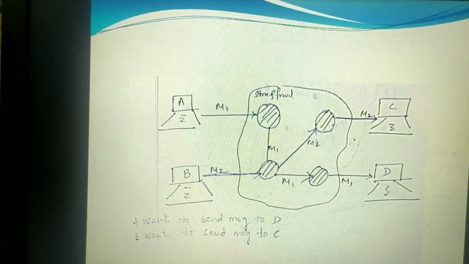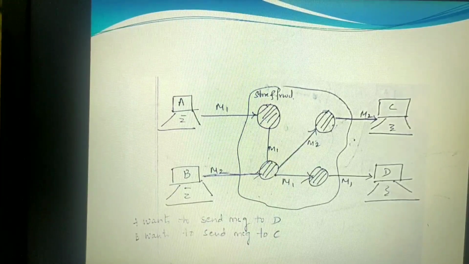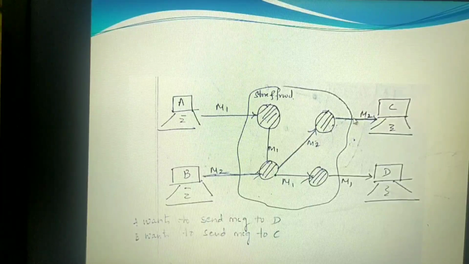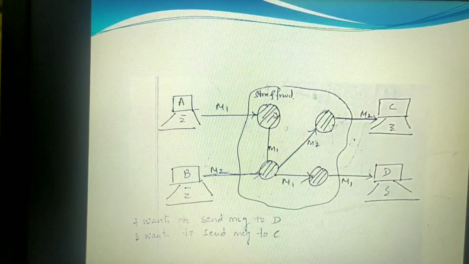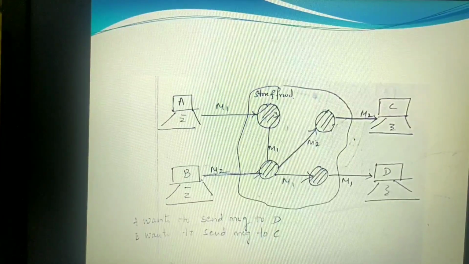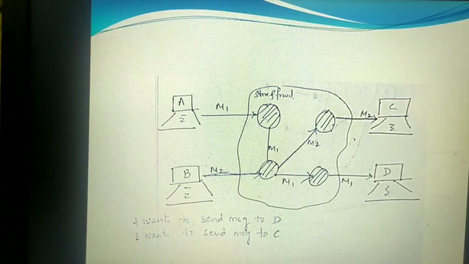Now, what is the problem with message switching? Why we need to go for packet switching is, it requires more memory. Delay is more. Why delay? Because every time the packet comes to the switching office, it will store for some time, then forward it. That is the reason for the delay. One more thing is, it requires more memory capacity. Buffer capacity should be more in order to store the packets.